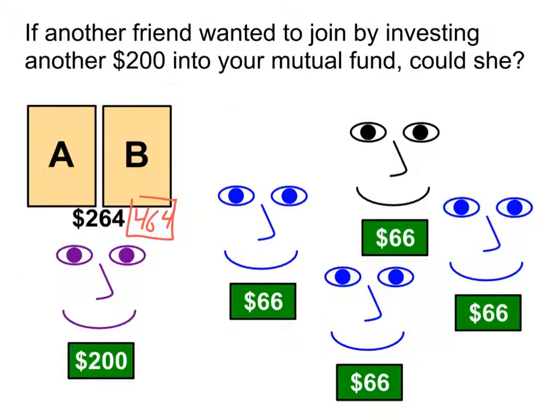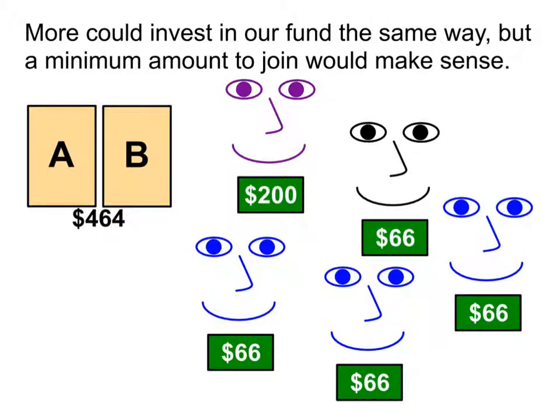Now, the question does come up though, should we instead limit this? Should we instead say, no, we want everyone to have put in the same amount. In order to buy in, you've got to put in $66. Well, imagine now big scale mutual funds. Remember, this is a simple example with just a few people involved. If you have a mutual fund with 1,000 people in it, and they all buy a bunch of funds together at the start. Let's say they put in $50 all at the start in this big old mutual fund way back when. Today, each of them has an investment that's worth $10,000.